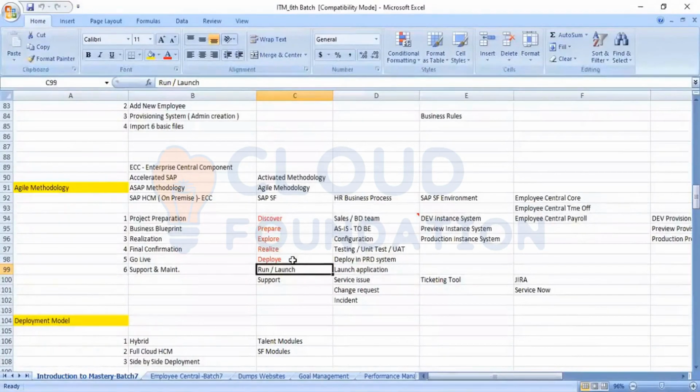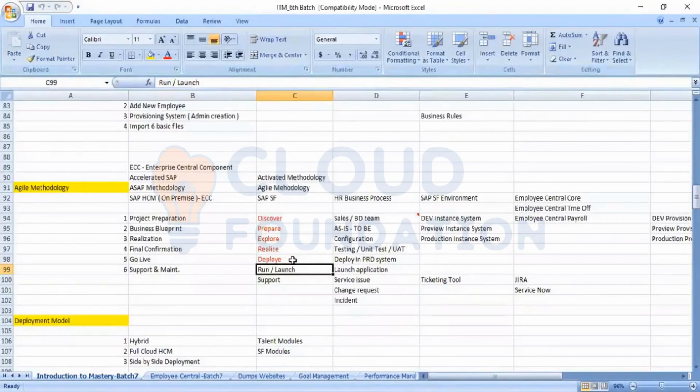When the partner company has completed the implementation and the application is live, there is a concept called the hypercare period, where 30 to 45 days fall under hypercare. In that period, if any errors, bugs, or issues come up after implementation, the partner company who implemented the application for go-live will take care of them.